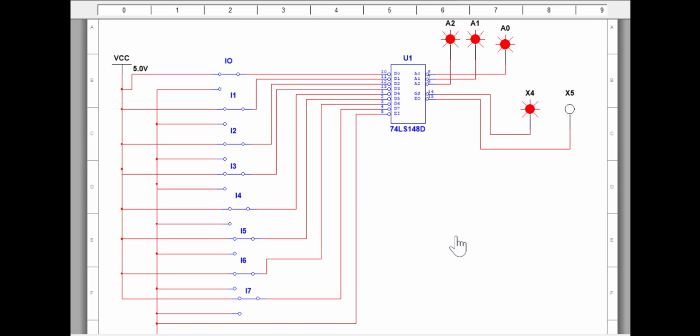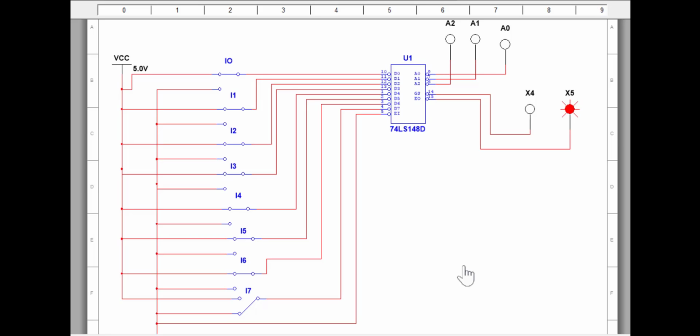Let's see the priority application now. D7 is usually your number with the higher magnitude. Usually the number with the highest magnitude will have the higher priority in general. In this case, I have defined higher priority for D7 and lower priority for D0. So if I press D7,